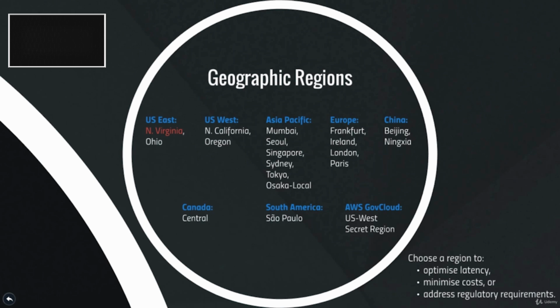Your choice of region can depend upon a number of things, and you may want to have the lowest latency, and you want your server to be located as close to your customers as possible. But you may also want to minimize costs. For example, I'm located in Sydney, but I mainly use the North Virginia region because it is cheaper for me. You may also want to locate your server in another country for regulatory reasons, or you may want to be located in your country for regulatory reasons. So there are a number of factors to take into consideration when selecting a region.